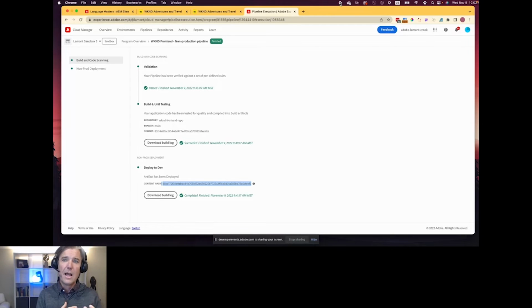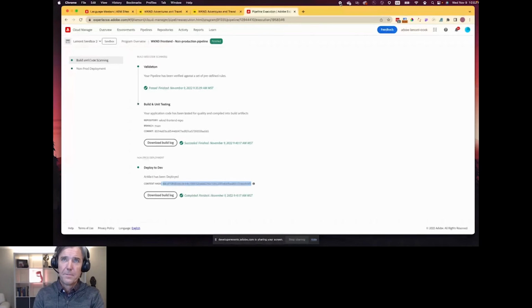So it gives them a bit of a self-service interface. So all those versions of the front end theme get saved and referenced, and the content hash is the thing that marries those two items together.